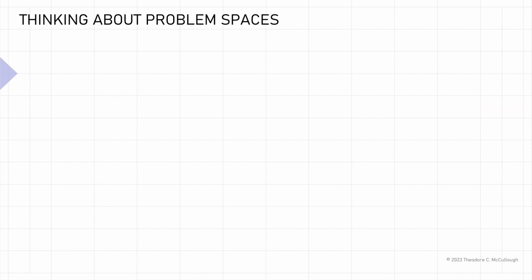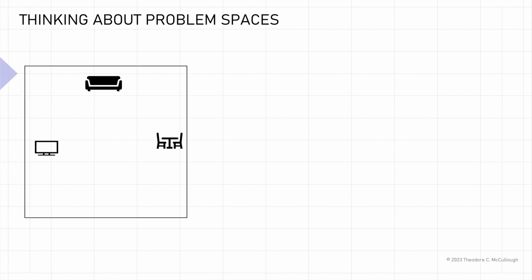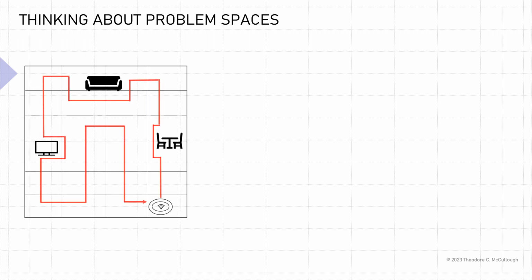To understand this article, one way to do it is to think about problem spaces, and that is, how do you solve problems? So let's take the problem of how to vacuum a room. One way to solve this problem is to map out the room and then have your vacuum cleaner follow this mapping. And that's how, for example, a lot of commercial robotic vacuum cleaners actually work. This is known as a deterministic problem space. To understand this, it's really the concept that everything's preordained.